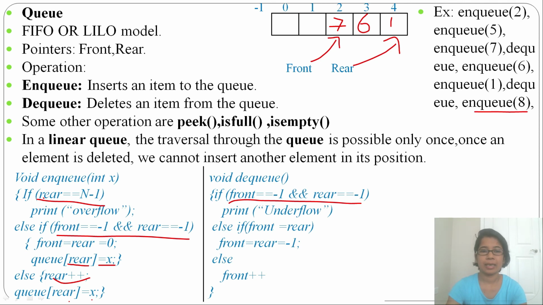So this is a disadvantage of linear queue. To overcome this, we'll make a pointer, which means that after the last position, rear will come to the first. Okay, so that we will make in circular queue. So this is the disadvantage of linear queue, that after deletion that position you cannot reuse, but in circular queue we can reuse.